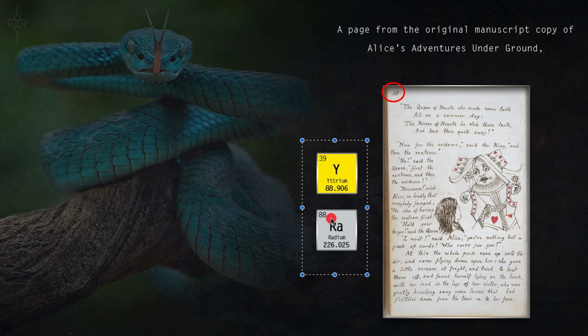Yttrium and radium. Ra, the Egyptian god Ra. And perhaps there's that letter Y, maybe a V and an I, but there's maybe the letter Y tied to yttrium right there. I mean, remember, Skull and Bones is 39, Microsoft's 39, a lot of things that are 39 in numerology, folks. And you don't have to be a rocket scientist to figure out what those